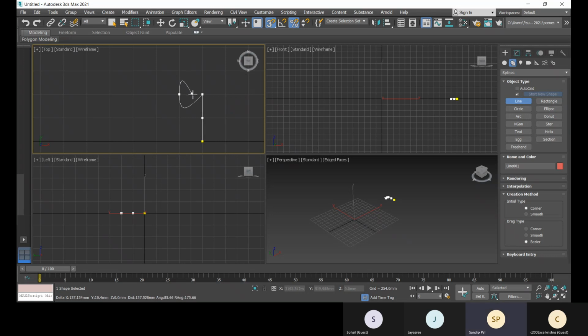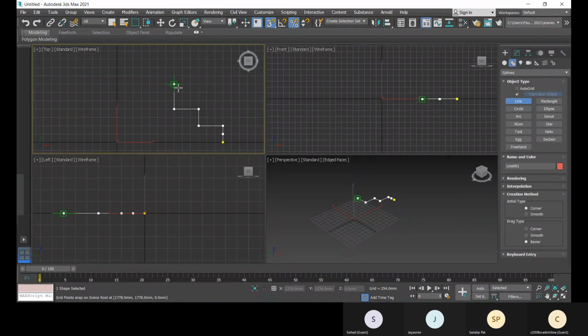Here Control Z won't work. Backspace is the key to undo. All right. So now I hope you understand. So let's create. See, I have made a mistake, so I'll press the backspace key.